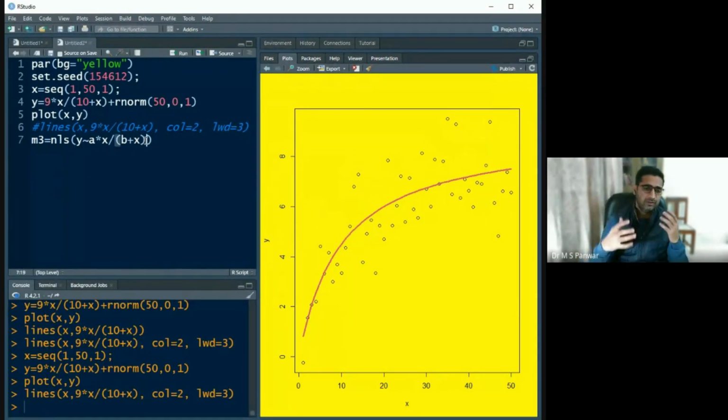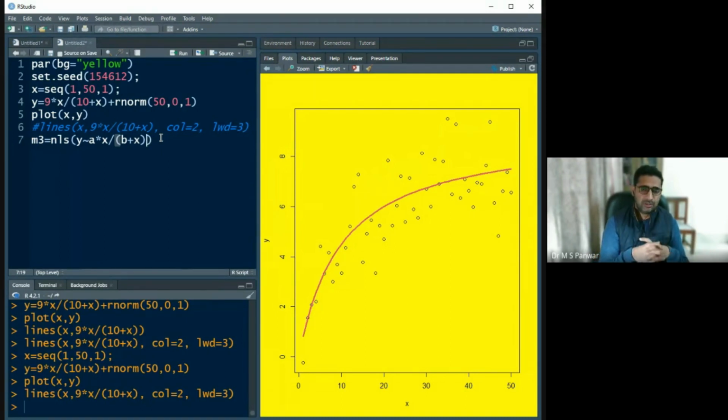We are just trying to find out a functional form which may be suitable. Like in the previous case, we found a sigmoid. Here we just found a functional form, maybe a into x and b plus s. As per the functional form, sometimes it will be exponential, maybe a better fit. Sometimes it may be a logarithmic scale that is a better fit. But in case we are considering the equation a into x divided by b plus x,